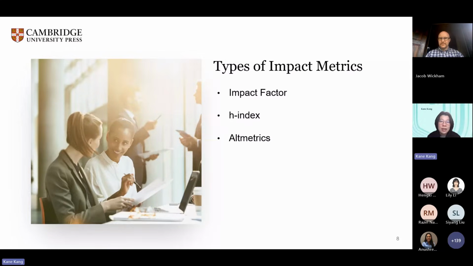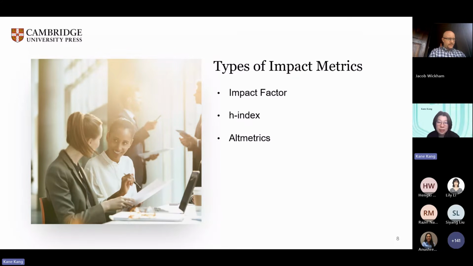First, impact factor. Where does it come from? Who is the source? Impact factor is under Web of Science, which belongs to Clarivate. The impact factor evaluates impact by measuring the frequency with which the average article in a journal is cited in a particular year.